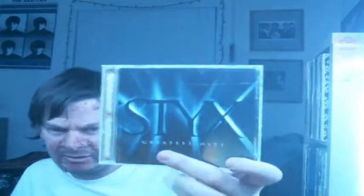This is a pretty beefy case. Has like 3 discs in it. Sara Evans, 3 Chords and the Truth. This is a promotional copy, not for sale. Again, with the actual punch out hole in the corner. Styx, Greatest Hits. We got